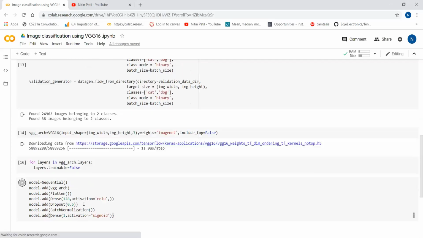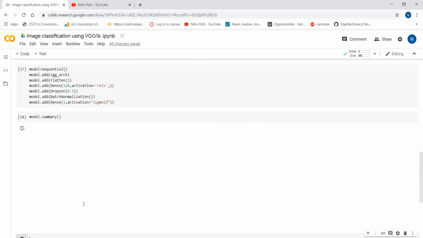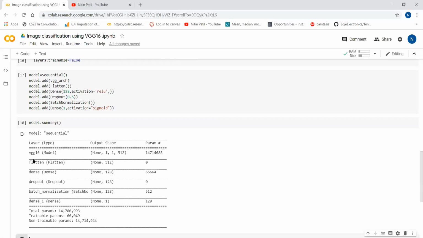So this way we have created the model architecture. You can see it with model dot summary. The first layer is VGG16, then we have added flatten, dense, dropout, batch normalization, and this is the final layer which we have added.